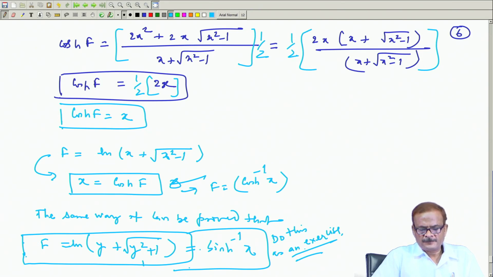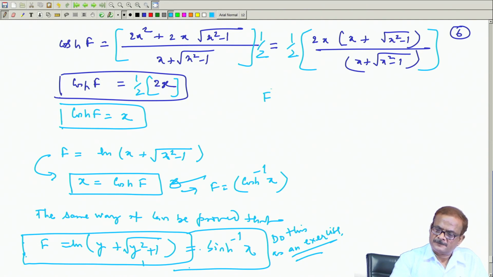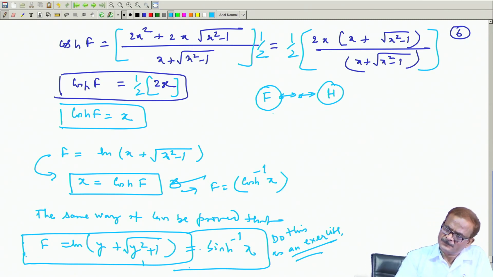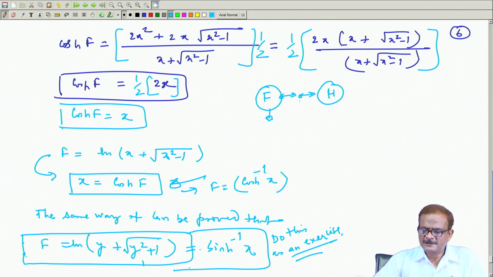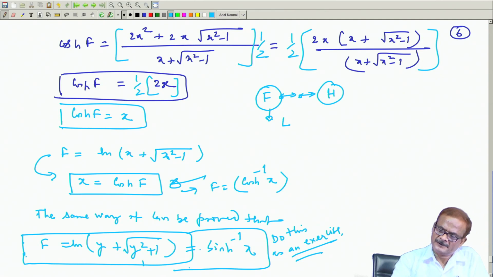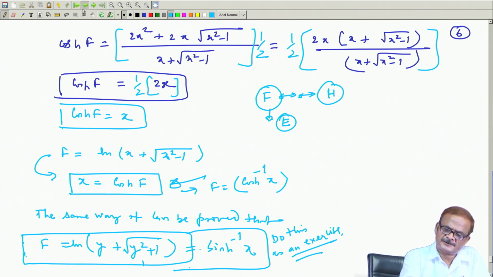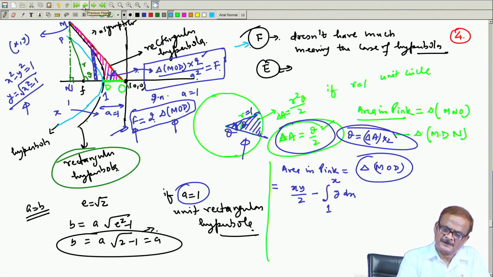So, thus what we have concluded, that the quantity f we are using here, in some of the texts it may be represented by h. Okay. So, this quantity f does not have a physical meaning like the eccentric anomaly E. This is basically a mathematical quantity, and it is represented in terms of the area which